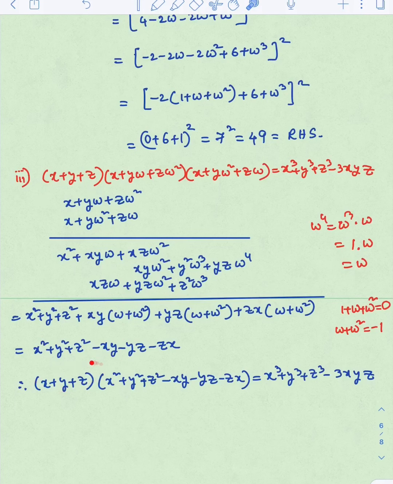There is one more term left over. First one, x plus y plus z into the product of these two, that is this one. So this total which is kept in the bracket is equal to what? In which form is it? Observe it carefully. Again go back to 9th class algebra. It is in this form: a plus b plus c into a square plus b square plus c square minus ab minus bc minus ca is equal to what? a cube plus b cube plus c cube minus 3abc. That is x cube plus y cube plus z cube minus 3xyz, which is to be proved.